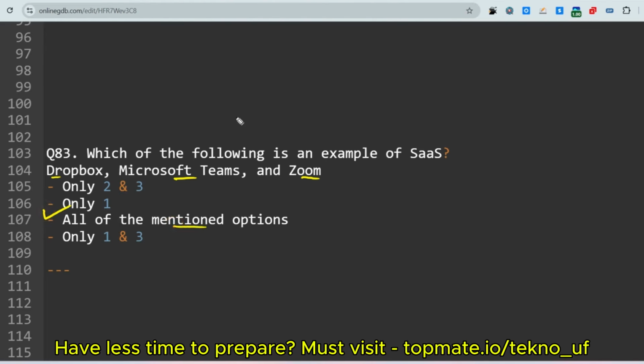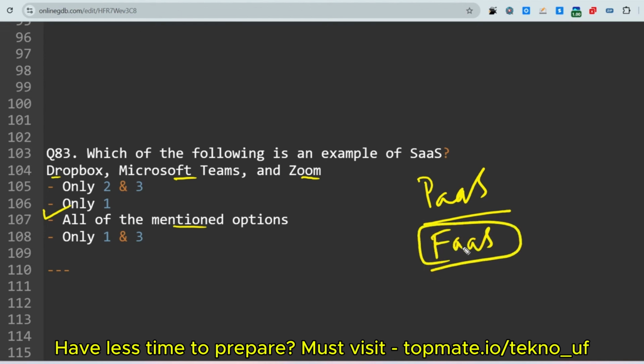So let me give you one quick question, that is PaaS. What is the full form of PaaS? What is the full form of SaaS? Guys, this is the actual question I am giving you right now: what is the full form of SaaS, what is the full form of PaaS, and what is the full form of IaaS? These are already asked, you know these. Still, to keep me motivated, you can give the answer.